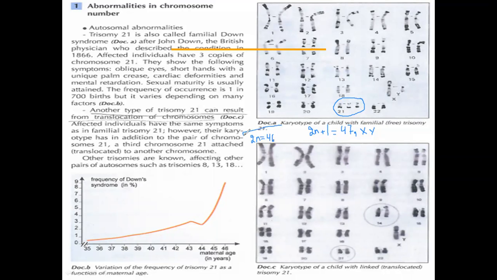Also yesterday we talked about the translocation. Here, translocation of a portion of chromosome number 21. Here the person has trisomy 21, but this part of the chromosome was translocated into chromosome 14. This is what's known as Robertsonian translocation. So a part of the chromosomes, an extra chromosome here in 21, was translocated to chromosome 14. So this is the Robertsonian translocation. And also we talked about this figure in document B showing the variation